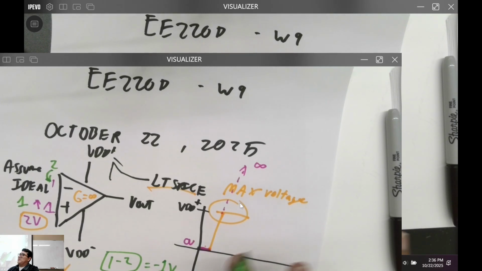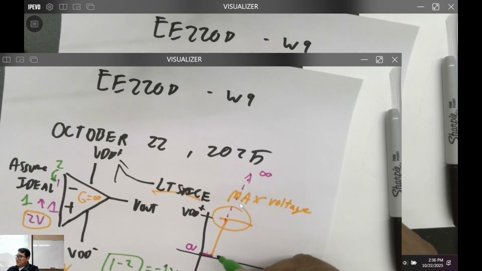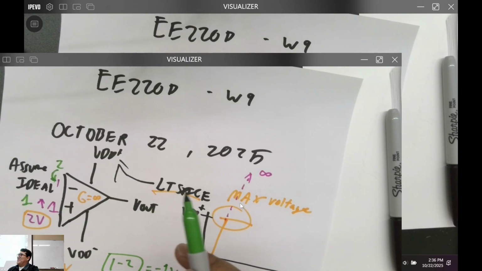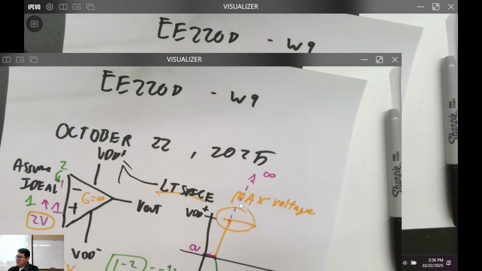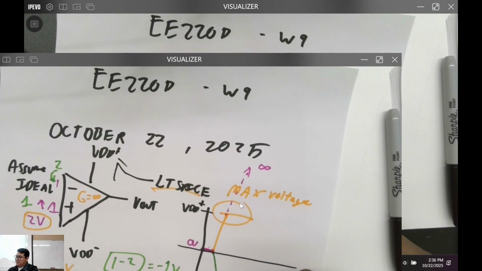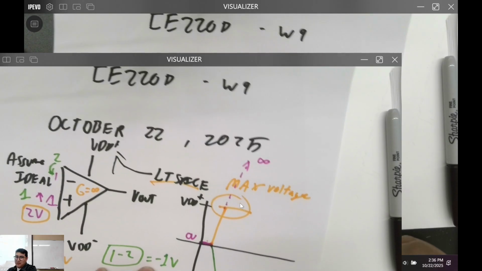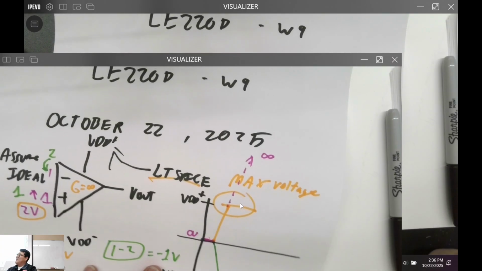Just voltage differences, okay? We're not connecting anything, we're just thinking about it. With this gain of infinity, minus 1 times infinity gives you negative infinity, so it would go all the way down. But in reality, we're capped at this point right here. There you go, volt. All right? Does that make sense for your